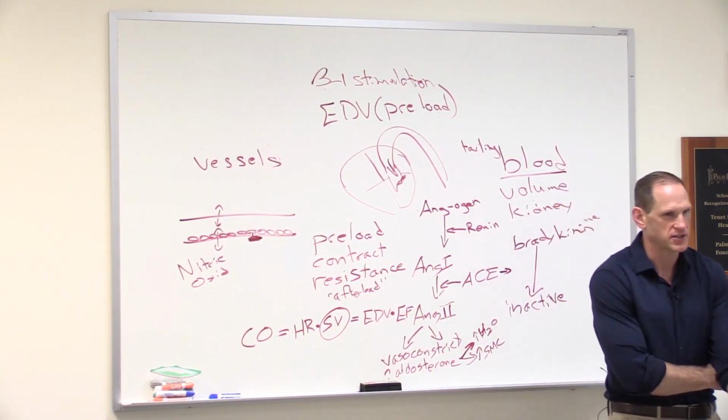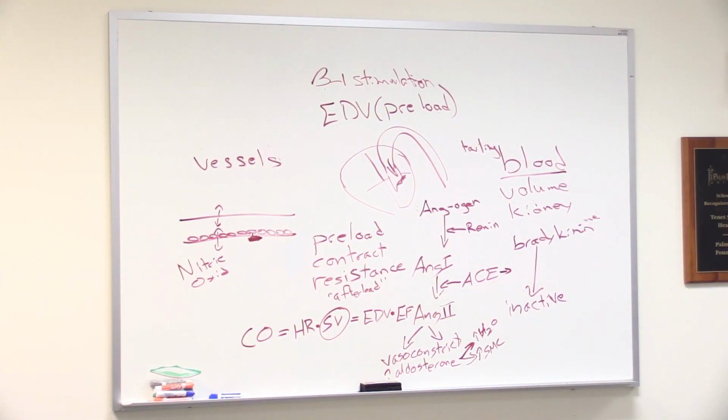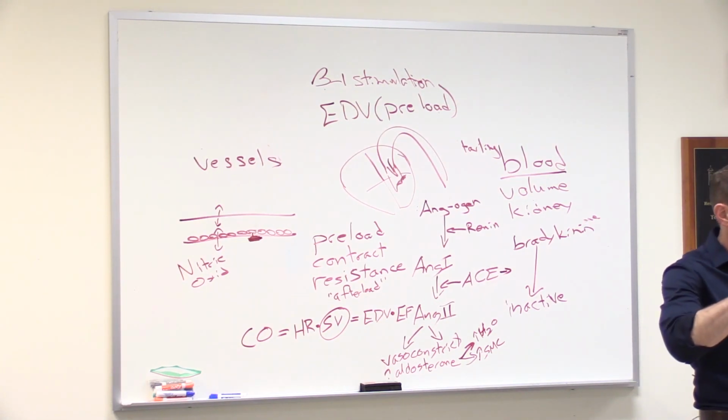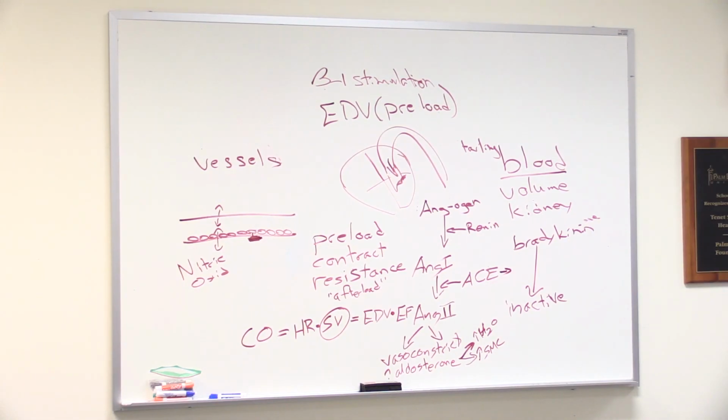What is an ejection fraction? What we do is measure how much blood is in the ventricle before contraction, at the end of diastole, and then measure how much blood is in the ventricle at the end of systole. And that ratio is called